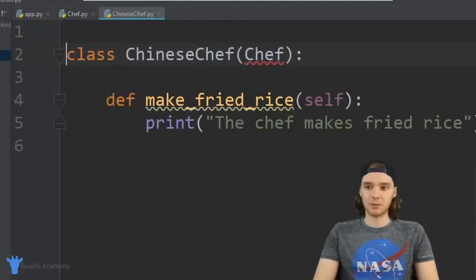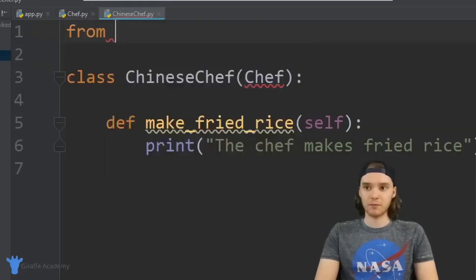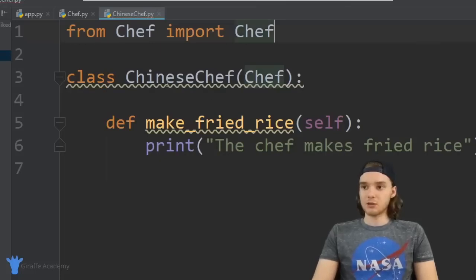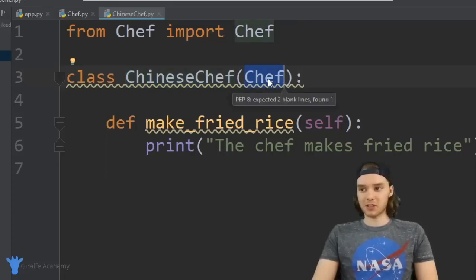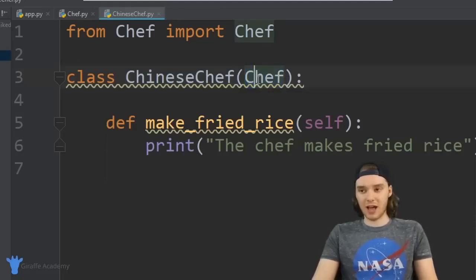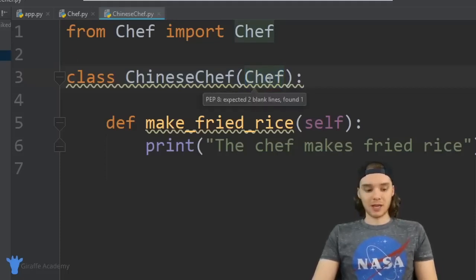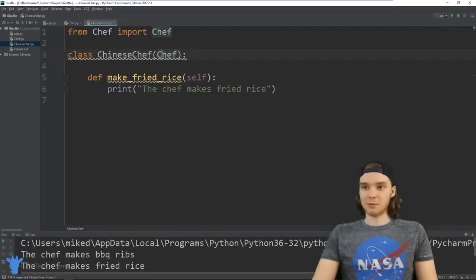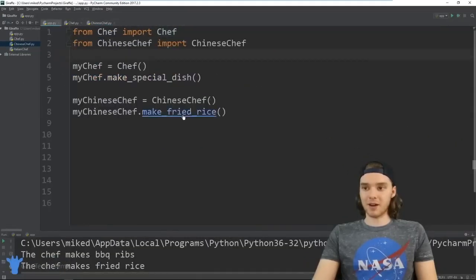So I'm gonna come over here and we'll say from chef import chef. Basically what this is saying is inside of this Chinese chef class, I wanna be able to use all of the functions that are contained inside of the chef class. So by using inheritance here, I'm able to come over here to this app.py file, and